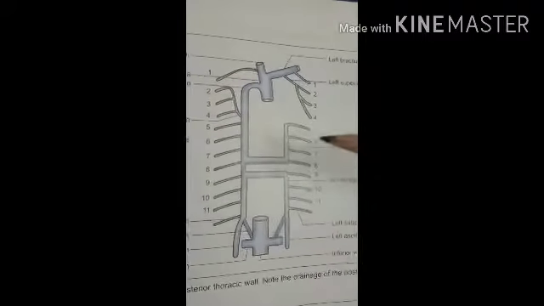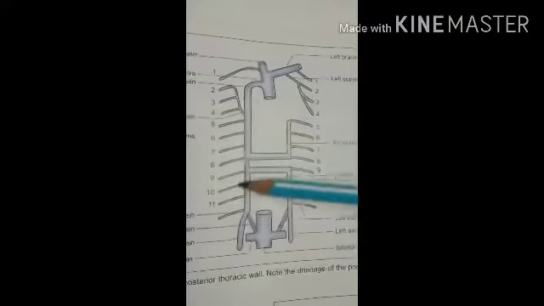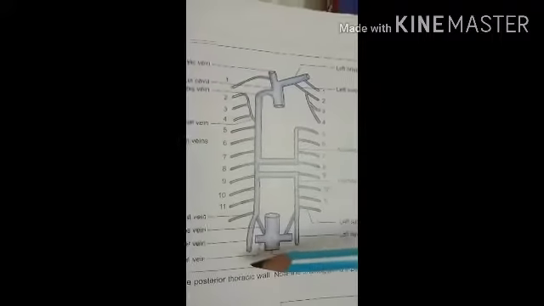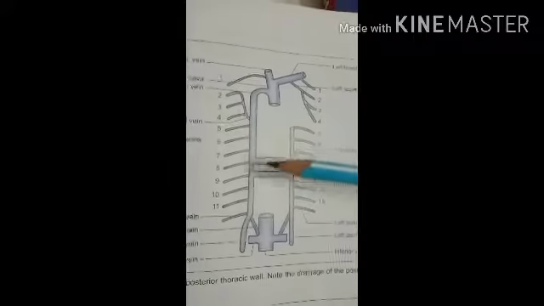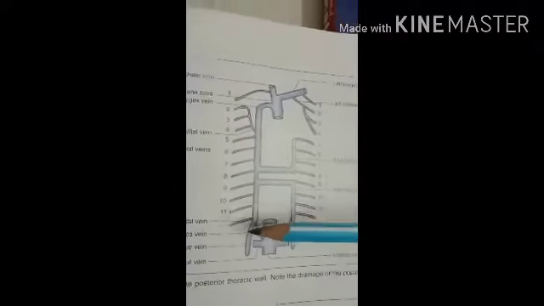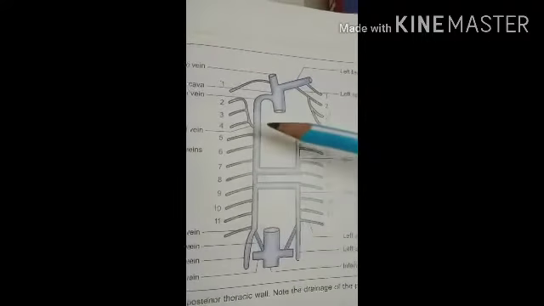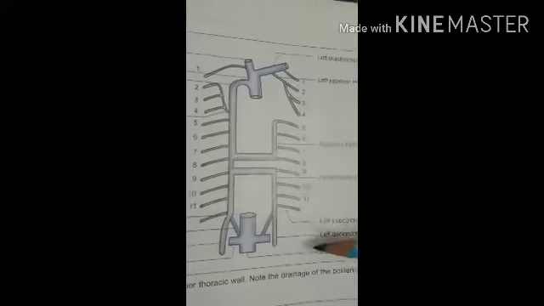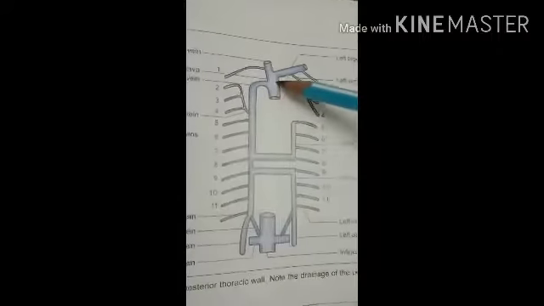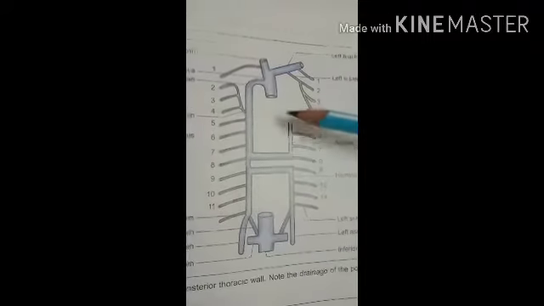Okay. So let's see first the azygous vein. So this one. So the azygous vein is present only on the right side of the upper part of the posterior abdominal wall and posterior to the mediastinum. Okay. It connects the inferior vena cava with the superior vena cava. So here you can see this is the inferior vena cava, this one, and this is the superior vena cava, this one. So it connects the inferior vena cava and the superior vena cava.